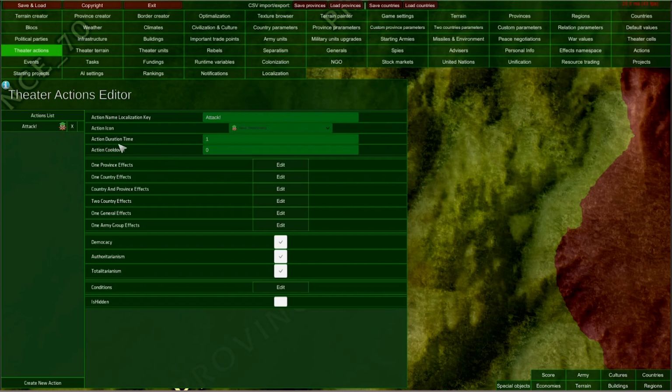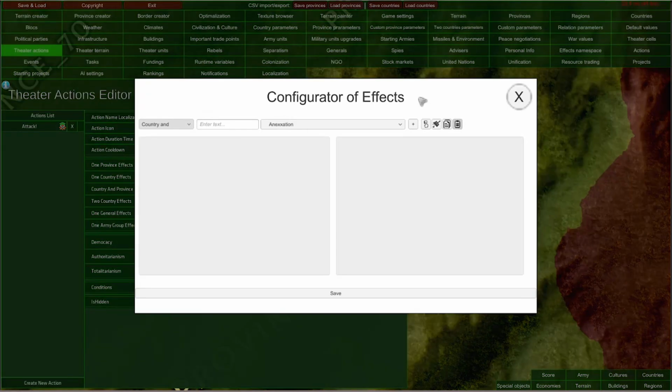You can select the action duration time, so how long effects will be in place. Let's, for example, say that for 10 days. You can choose the action cooldown number, so how much time has to pass before you use this action again. In this case, let's go with 25 days. And the action simply puts into place some effects: province, country, country and province, to country, general or army group effects. So if you click any of those edit buttons, you will open the configurator of effects, and